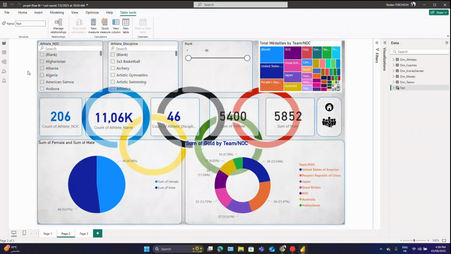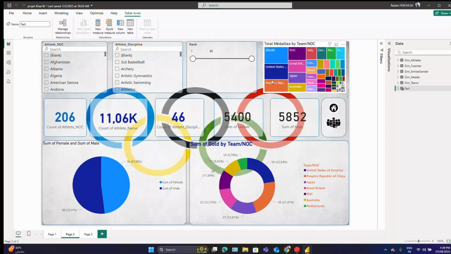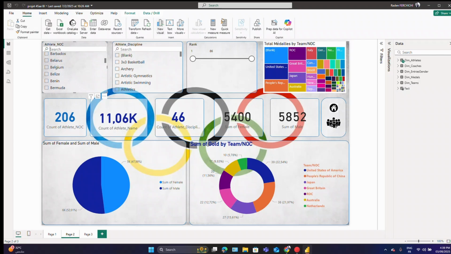Now we are inside the athlete and team performance page. Here you will see a bunch of interactive elements that let us explore the data in a really flexible way, where we can explore all the athletes and their stats in detail. Starting off with the slicer. The athlete nationality slicer lets us filter the data by country, so you can focus on athletes from a specific nation. For example, Japan,